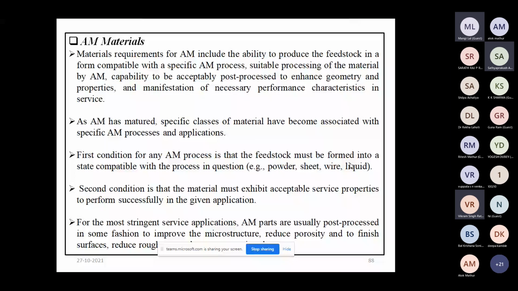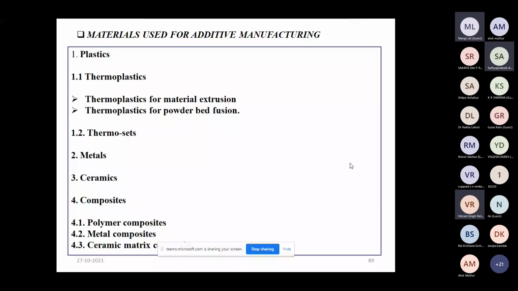Basically, the most common materials are thermoplastics. Thermoplastics for material extrusion, as we discussed in fused deposition modeling. Then thermoplastics for powder bed fusion, which we discussed in selective laser sintering. We can use thermosets also. Then metals, which we can use in selective laser sintering, direct metal laser sintering, or ProMetal sintering, and also in welding based techniques such as wire arc additive manufacturing or friction stir additive manufacturing.